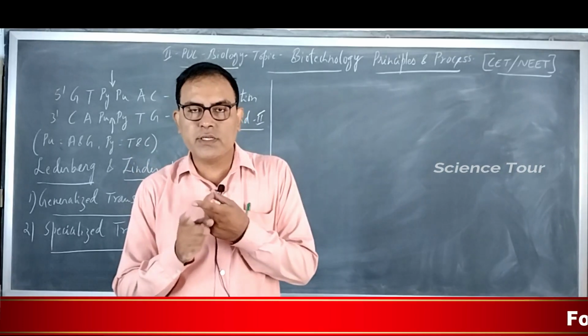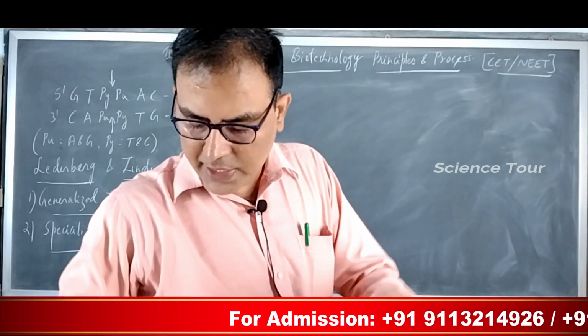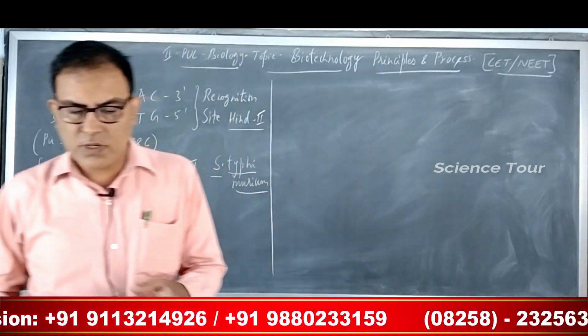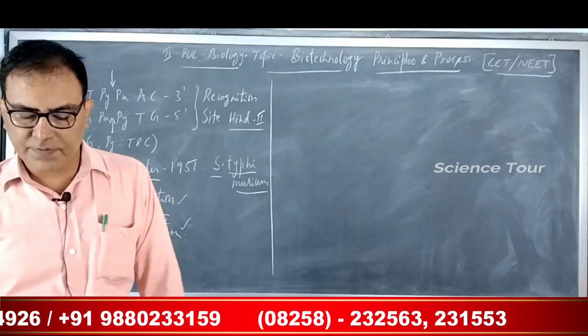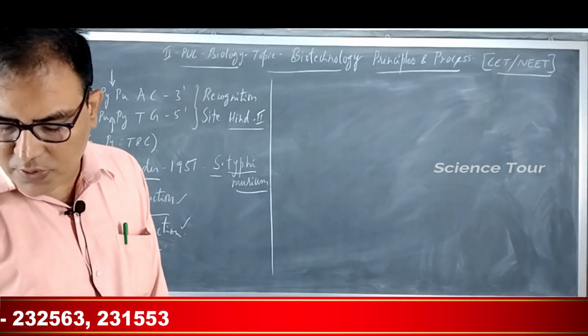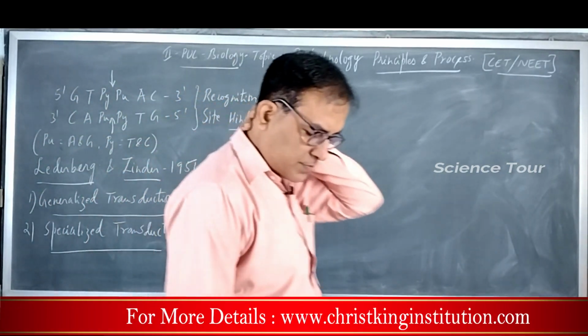Any one part of the whole bacterial genome has approximately the same probability of being transferred from one donor to another bacterium. Whereas specialized transduction means only a few specific donor genes can be transferred to the recipient bacteria.